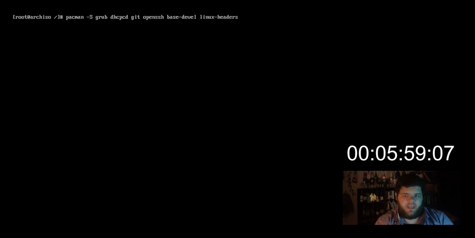We need Git. We're going to do OpenSSH. We're going to install the base-devel package as well as the Linux headers package. These are going to make sure that we can install the AUR later, and they're just generally helpful for building apps, which is something you will occasionally have to do. Maybe not necessarily, but more than likely you might end up needing to build an app from source once or twice